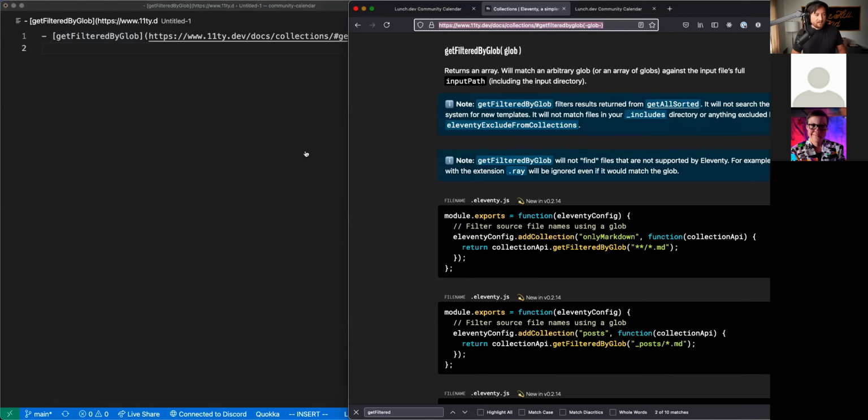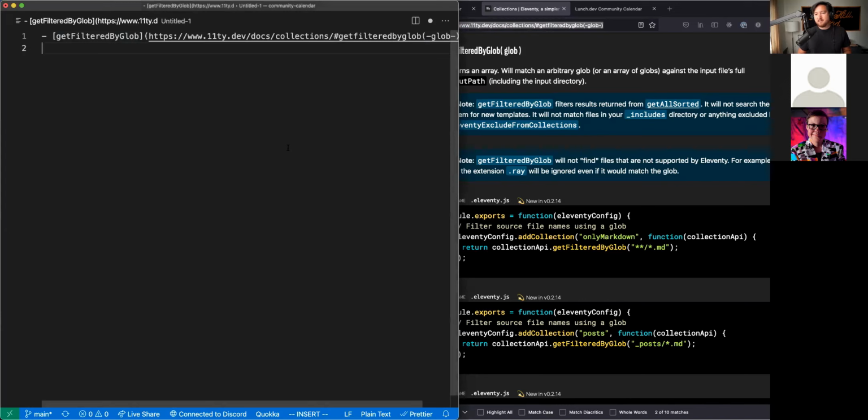So if I could just recap what you're saying, it sounds to me like the collection API is something that Eleventy exposes so that we don't have to use all of the Node APIs. It knows about a certain subset of things, and because it's going to be working in that domain, instead of